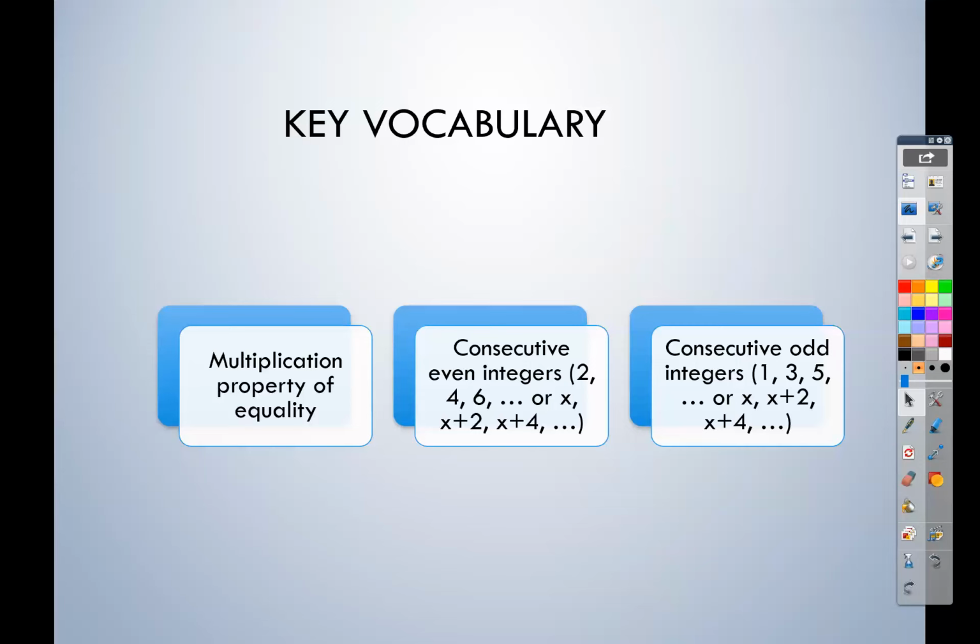Now, another thing that we're going to be doing is consecutive integers. So they have consecutive integers, consecutive even integers, and consecutive odd integers. So consecutive means in a row, okay? So consecutive integers would be 1, 2, 3, 4. Consecutive even, 2, 4, 6, 8. Consecutive odd, 1, 3, 5. And so you can use those with algebraic expressions, and I'll show you how to do that as we solve